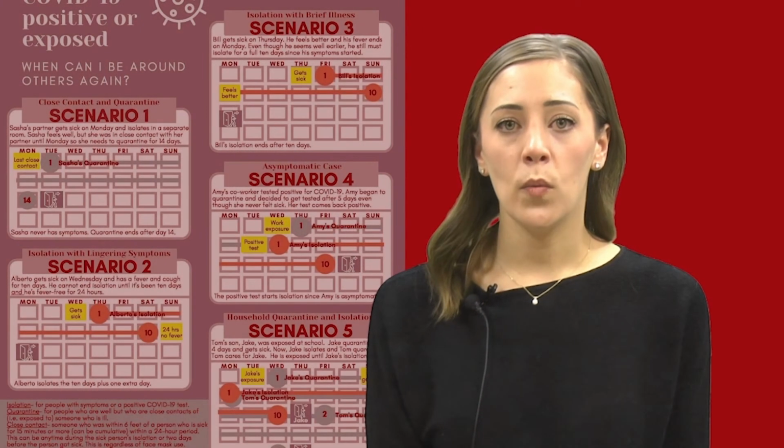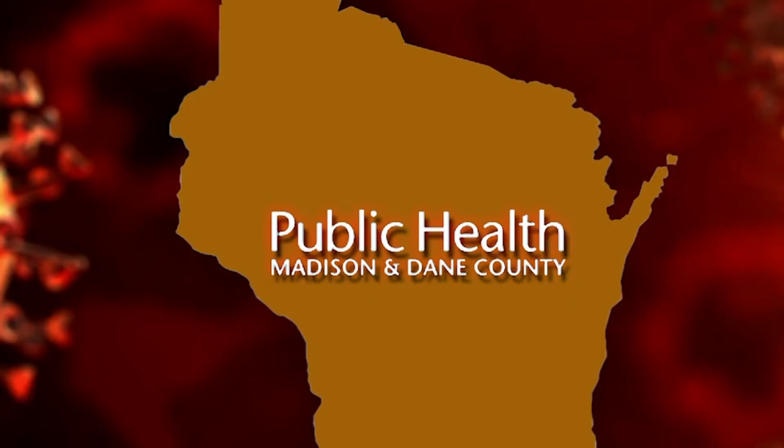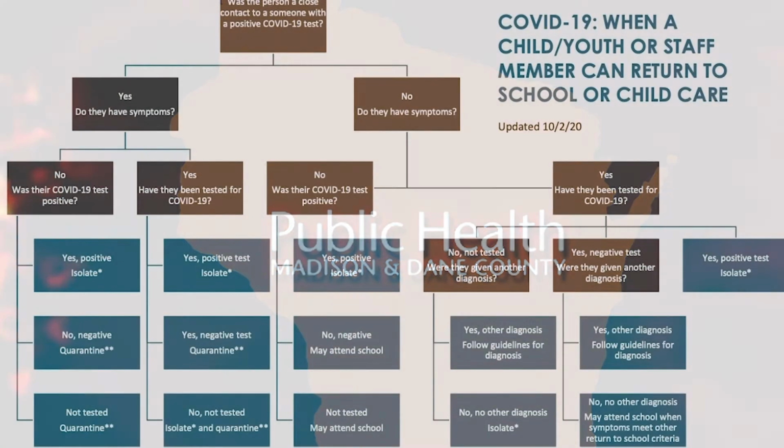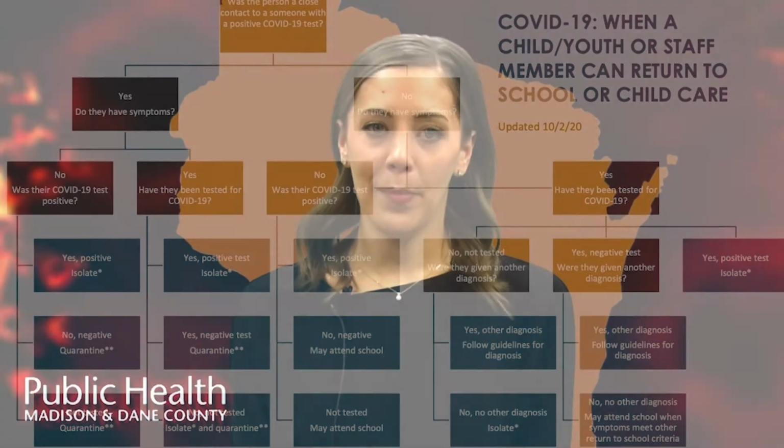One big change is when students will be allowed to return to school after being sick. Our district is following the Public Health Madison Dane County Exclusion Chart when determining return to school dates after being ill. Individual cases and scenarios will vary, and that's where the Public Health Madison Dane County Exclusion Chart helps us out. It's strongly recommended that all staff and families review the exclusion chart prior to sending their students to school,